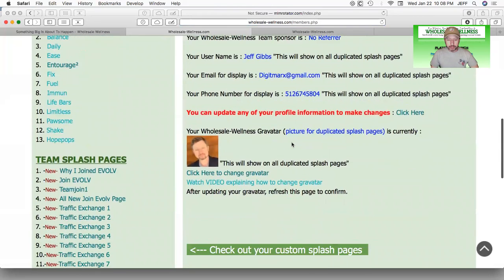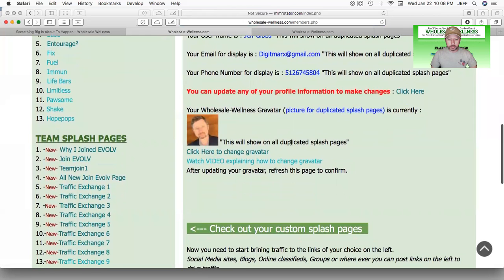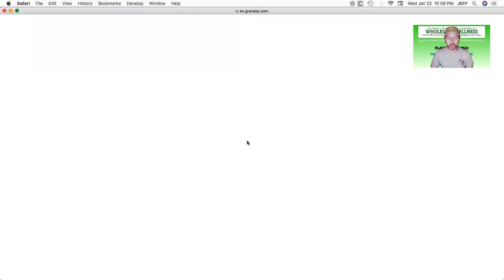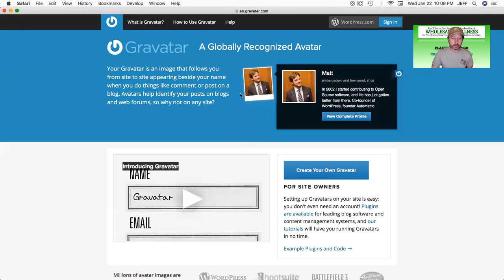This is the next thing that I want to point out to you, which is Gravatar. So when you go to gravatar.com, this is the image that I have uploaded over there. Now there is an explanation video on how to sign up for and manage your account here in Gravatar, so I'm not going to go over it in great detail, but I just want to show you that once you do sign up for Gravatar,